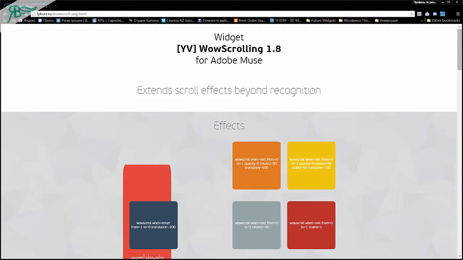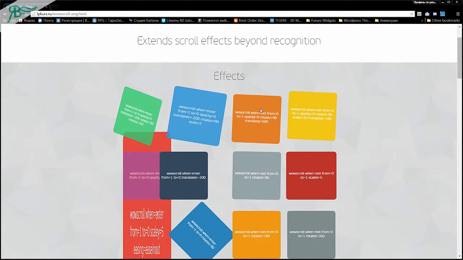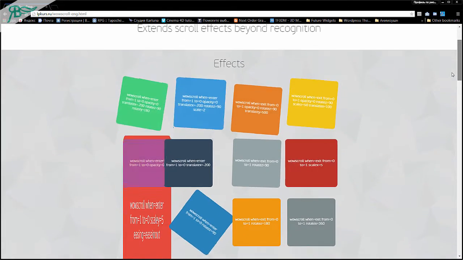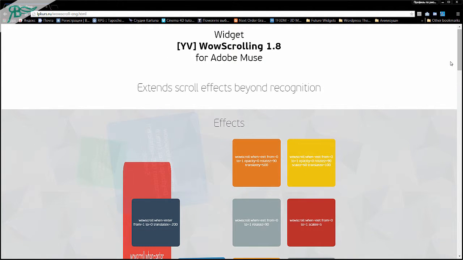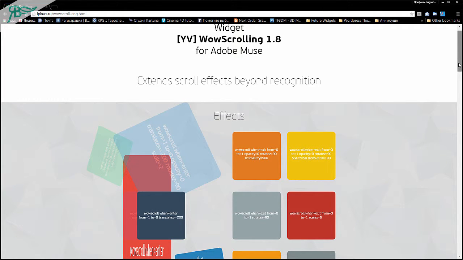There are more effects, so let's scroll our page, and as we can see, our elements animate, and it is very amazing because this widget is very nice. As you know, in Adobe Muse there are scroll effects that add